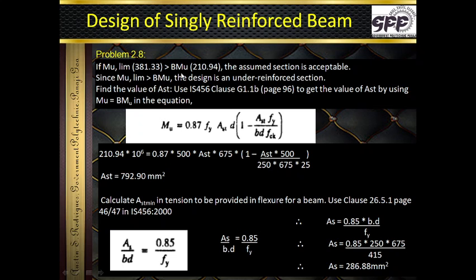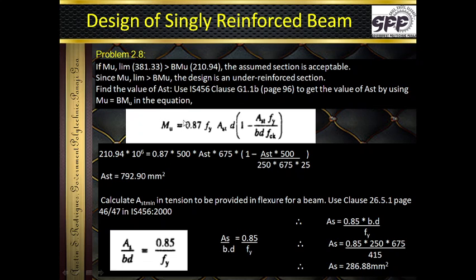So if MU limiting 381.33 is greater than the bending moment which is going to come on it, that is 210.94, the assumed section, whatever dimensions we have taken, that is B and small d, that is effective depth, that is acceptable. Now since the MU limiting is greater than the bending moment which is coming on the beam, we know that the design is an under reinforced section. Now since it is an under reinforced section, we can find the value of AST by using IS 456 clause G1.1b